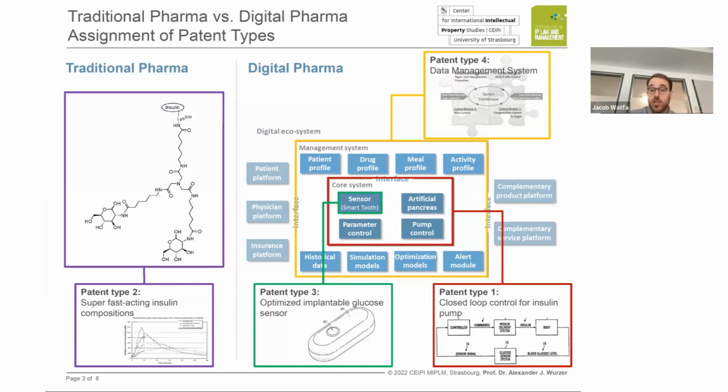And although this is just one patent, you can imagine that nearly every part of this system can be individually protected. Then this core system is protected in an interface, which is to do with how you actually control the insulin pump. And then even broader than that, you need a way of managing all of your data. So you've got related patents that also deal with those kinds of